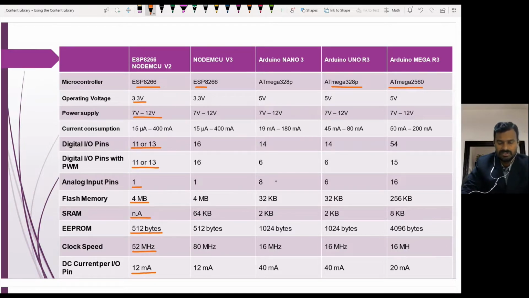Usually when you purchase a mobile phone or a laptop, we look at the processor speed and the RAM capacity. Similarly, the clock speed and the memory, these two are very important. And since it is a controller which takes an input, does some processing, and then controls the output, we also need to focus on how many digital inputs and outputs are available, and similarly how many analog inputs and outputs are available. Based on our requirement, we can choose the type of board which is required for our application.